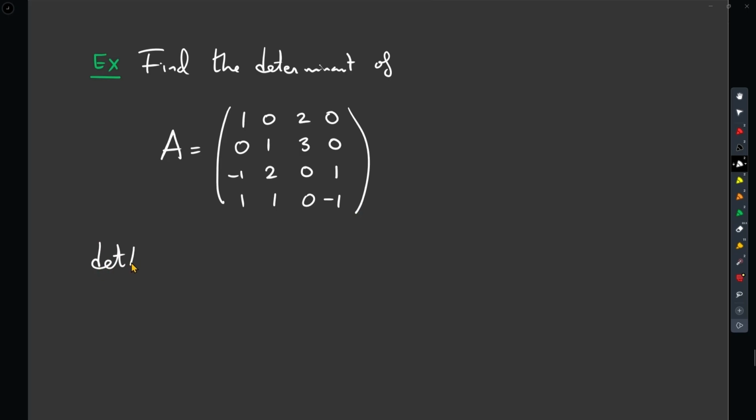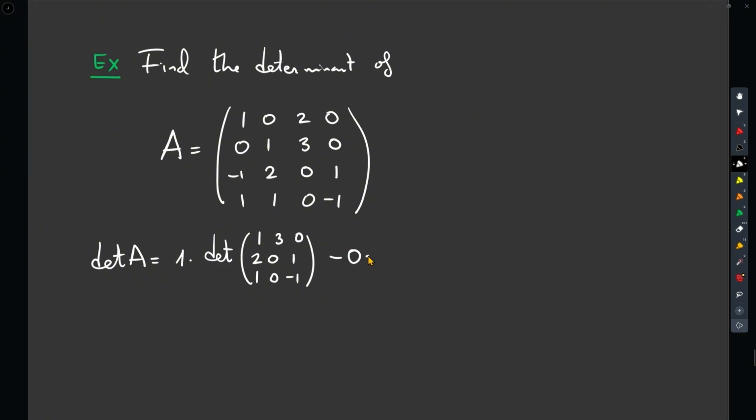So the determinant of A is going to be 1 times the determinant of the minor that I get when I eliminate the first column and the first row. So it's going to be times the determinant of 1, 3, 0, 2, 0, 1, 1, 0, minus 1,